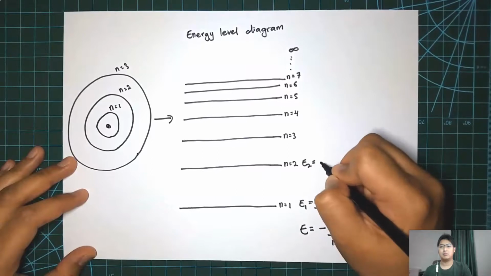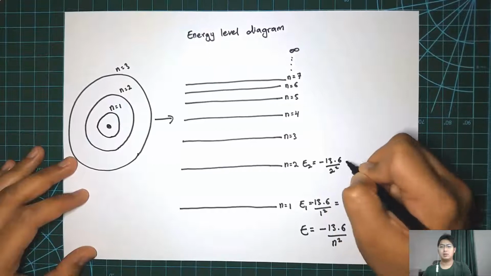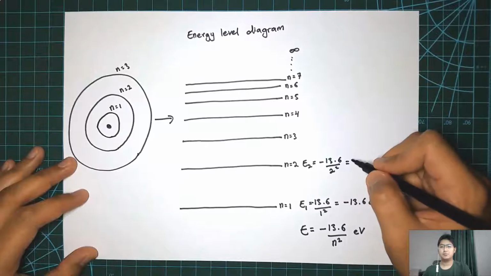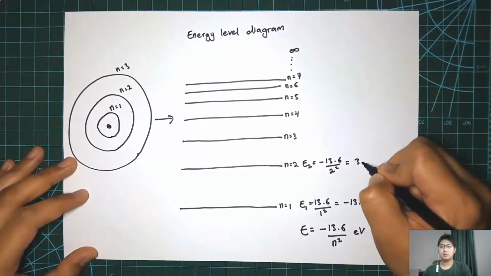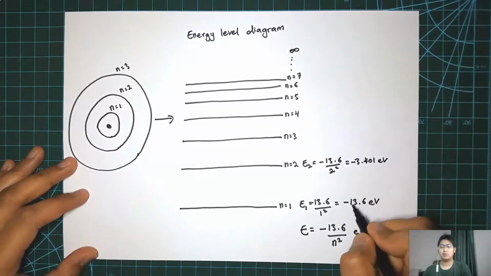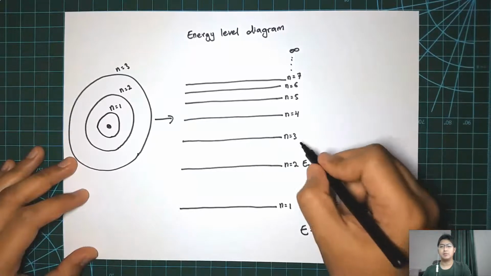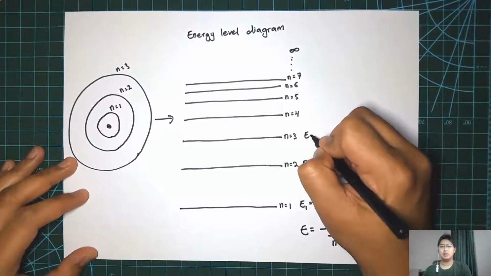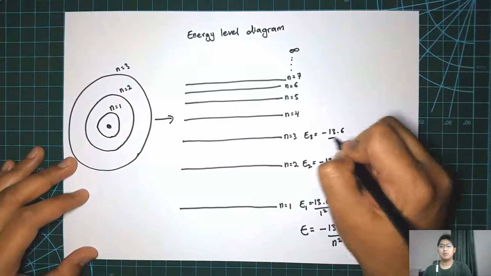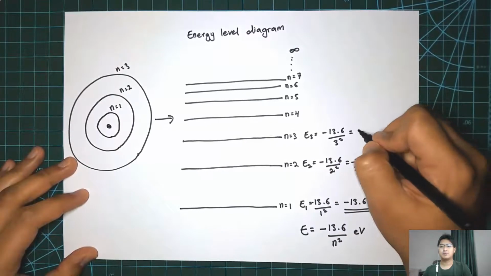For the second orbit, the second energy state, E2 equals negative 13.6 over 2 squared, equals negative 3.401 electron volt. Then the third energy state, E3 equals negative 13.6 divided by 3 squared equals